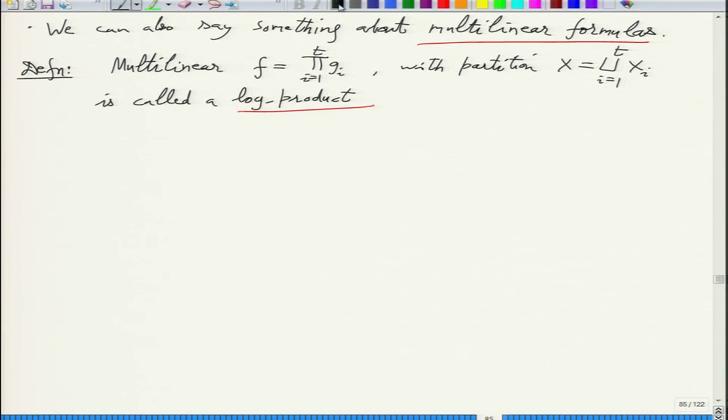So what do you think is the definition of a log product? No, so remember that whatever you define here, multilinear formula should reduce to this. There should be a structural lemma. Yeah, but the structural lemma last time was not clear, so it seems hard to come up with a definition. I said it was not intuitive that such a structural lemma would exist. So trying to come up with a definition while keeping a structural lemma in mind would probably be difficult.